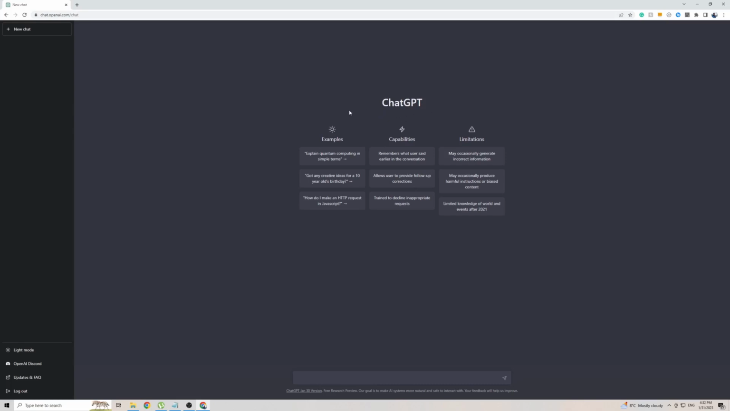Now, with that said, I do want to mention that there is no official way to change the language to ChatGPT because there is no settings option on the left-hand side here, which means that ChatGPT is currently only available in English. With that said, I did find a way around this, so I am using Google Chrome on a